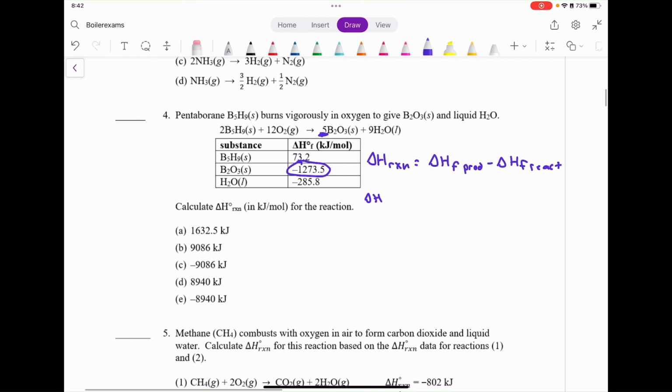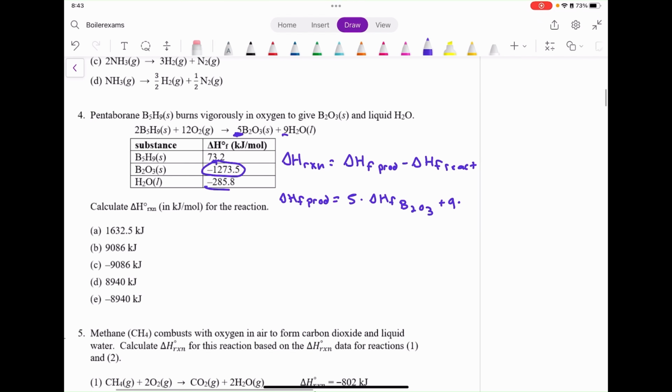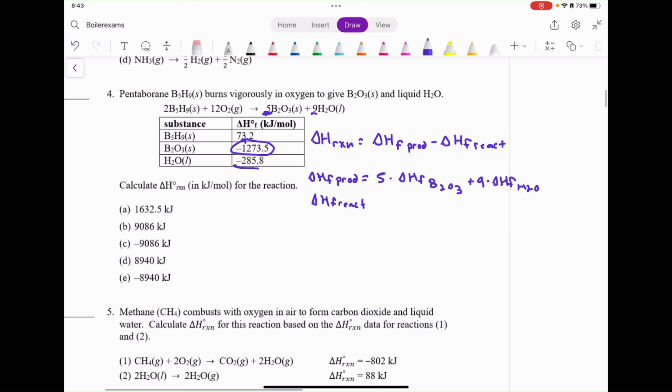So for example, the delta H formation of product is going to be 5 times the delta H formation of this species, plus 9 times the delta H formation of this species. And then you could do the same thing for delta H reactants. I'm just going to write out the whole thing. So our delta H of reaction is going to become